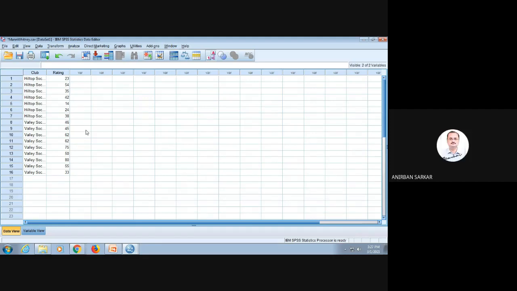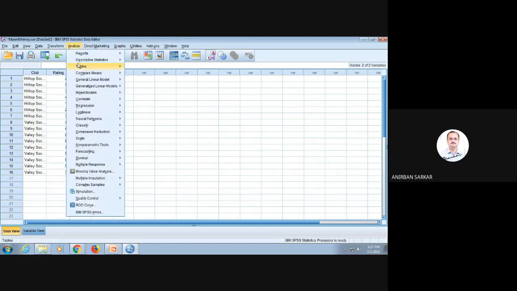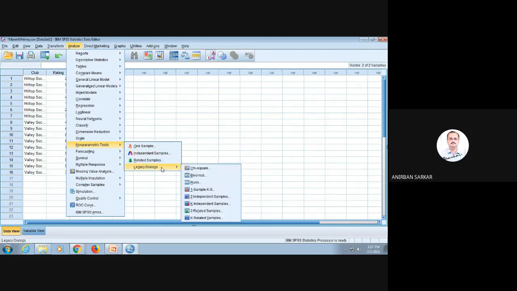You are doing this hands-on with me. You have opened the data set. Please do it with me. Go to analyze, go to non-parametric tests, go to legacy dialogs, and this is a two independent samples case.